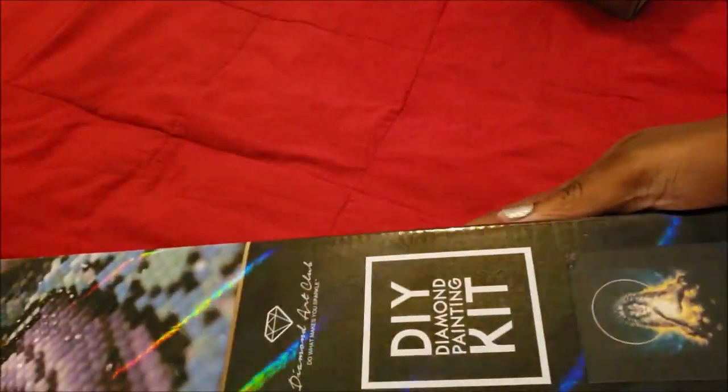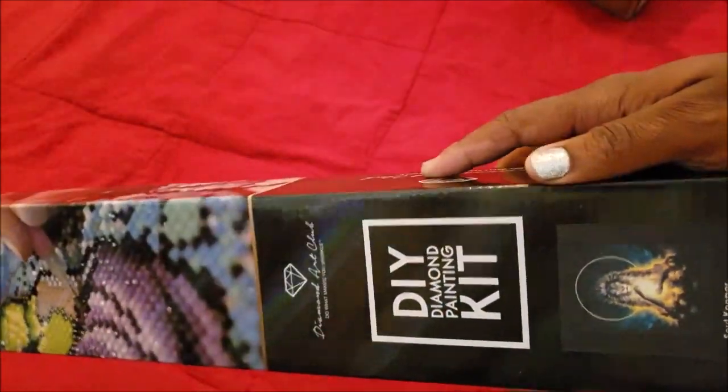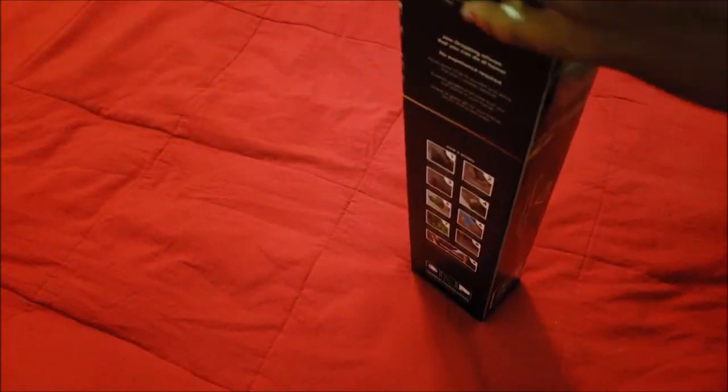Now, the special thing about this canvas, one, how cool is that box? Like, it's rainbow. And if you know me, I love rainbow. Everything I have is essentially rainbow. So already got cool points because of the rainbow box, and I was really hoping it would come in this box because my first one came in their original color box, which if you've gotten from them before, you know is blue, pink, and white. Alright, so the canvas,